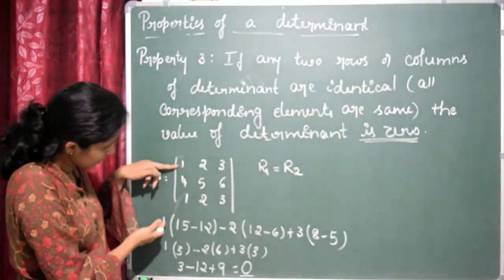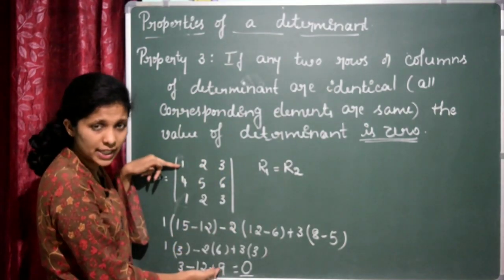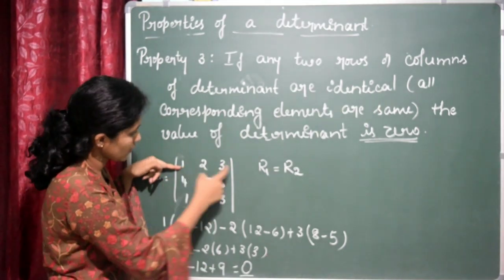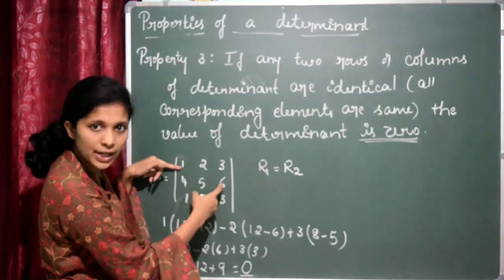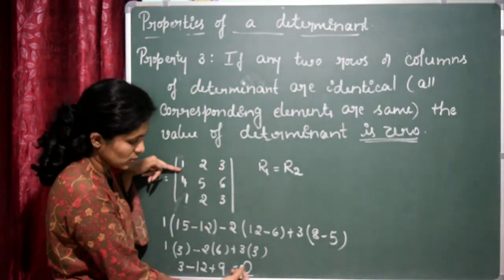Here I expanded this one. See, 1 into first and multiply this. You can check. You can take any example and you can check. So the determinant of this will be equal to 0. You can see this one. 1 is deleted. 5 into 3 is 15. Minus 6 into 2 is 12. Then minus 2. Then expand along the plus 3. So that is equal to 0.